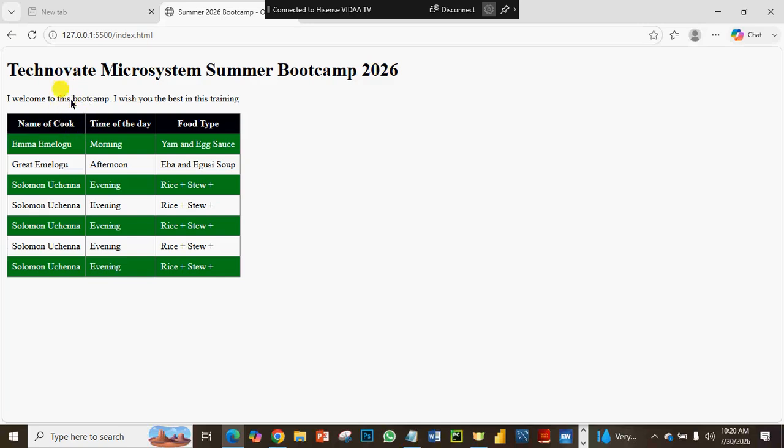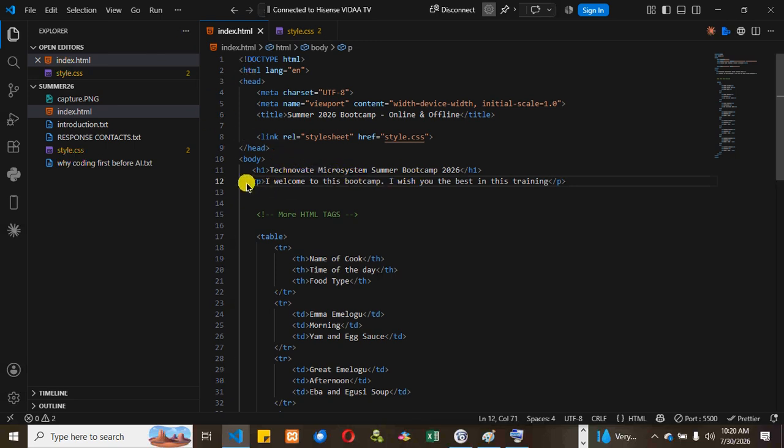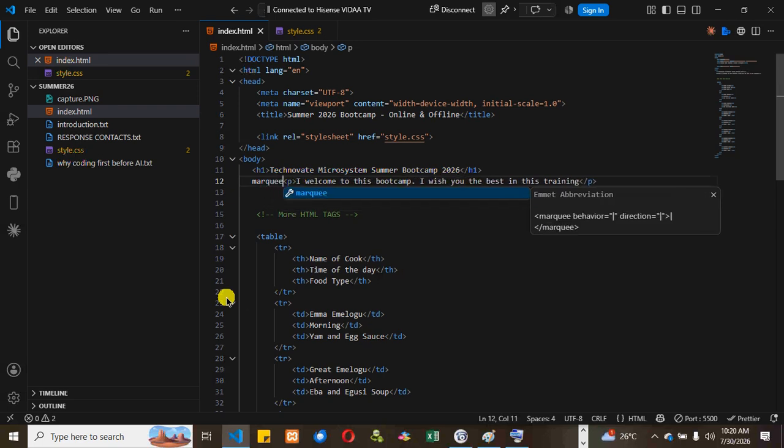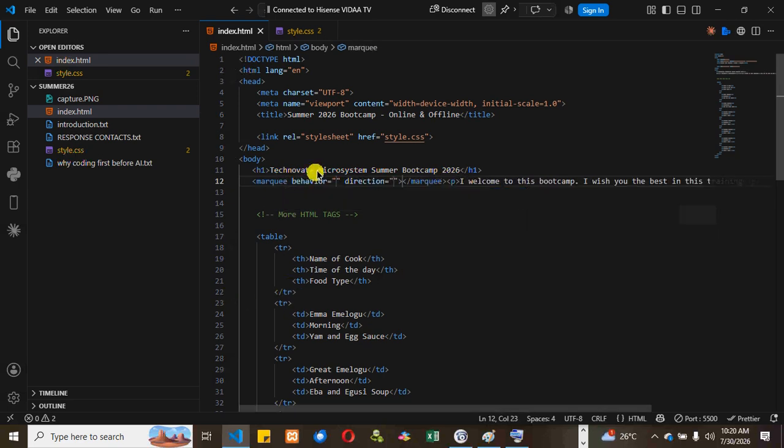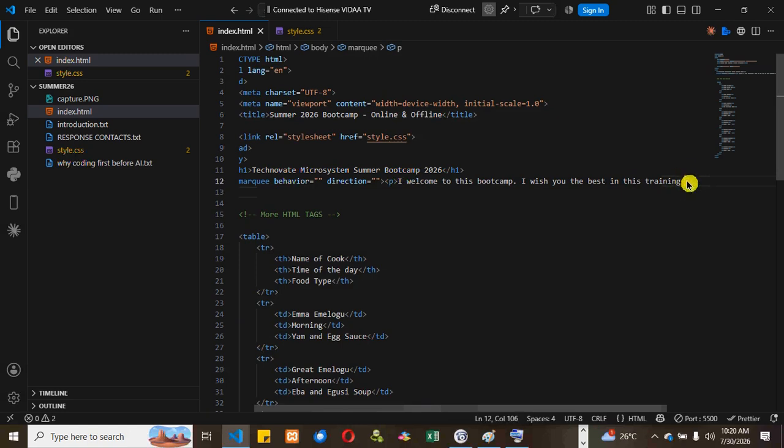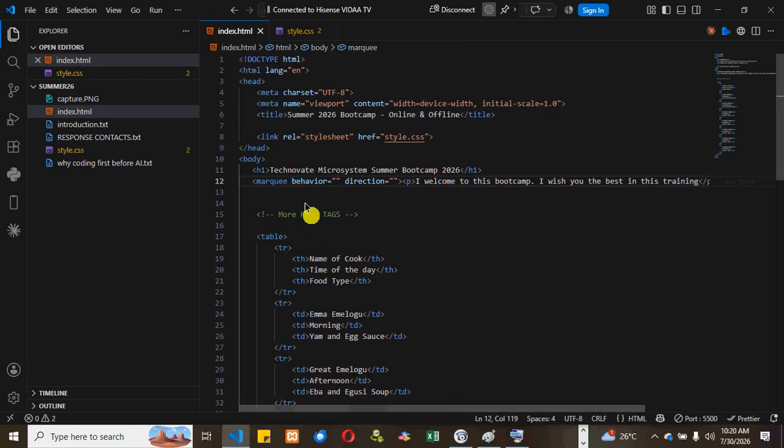But I want to make that have some effect. I want it to be moving. Okay? So we'll come here before the paragraph. Marquee. Now marquee has some attributes inside it, behavior, direction, but we are not dealing with that at the moment. Let me just select the close tag of the marquee. Select it, Control X to cut it out, then paste it at the end. So that marquee is housing